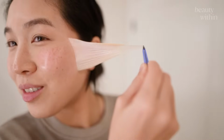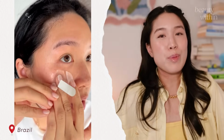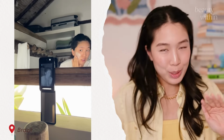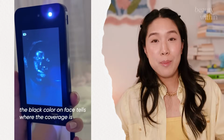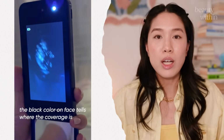There's no actual sunscreen filters in here, which can actually be great for people with more sensitive or sensitized skin. And it also claims to be water and sweat resistant. I decided to bring it to Brazil to try it out because we were going to be spending a few days on the beach. We also brought a UV camera because we're taking this very seriously. And as you can see, with the peptide patch on alone with step 1 and step 2, it's looking